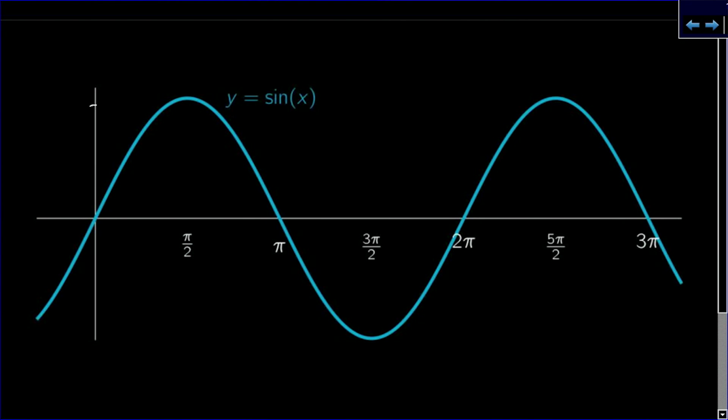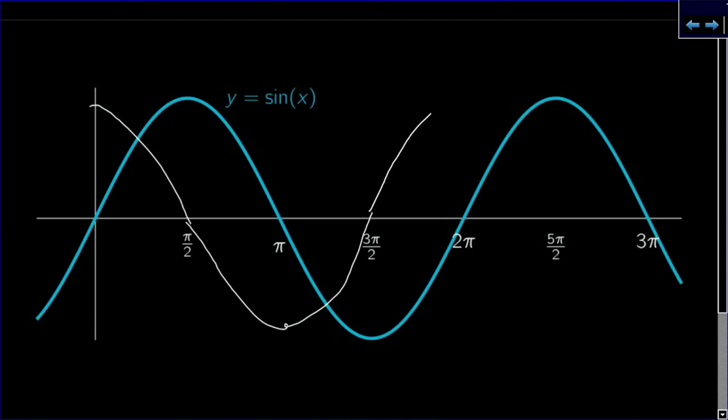Subsequently, the derivative is getting smaller and smaller until it passes the x-axis at pi over 2, where the sine has a maximum. Then the derivative is negative as the sine is decreasing, with its lowest value at pi, where the derivative is mostly going down. Then it goes up again as the sine is curving upwards and passes the x-axis again at 3 pi over 2, where the sine has a minimum.